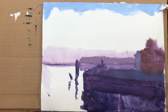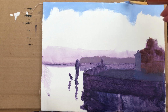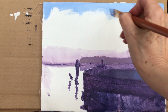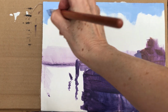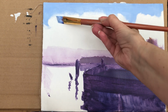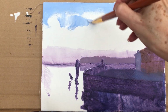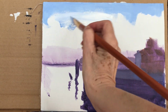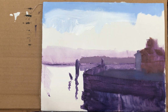I think I didn't support this very well, so you are probably seeing movement. I hope it doesn't disturb you too much. I don't know how to pause the video and secure this a bit more. Okay, as we go down, it will be getting a bit lighter, so it's just adding white. And you can see with just adding it where we have the